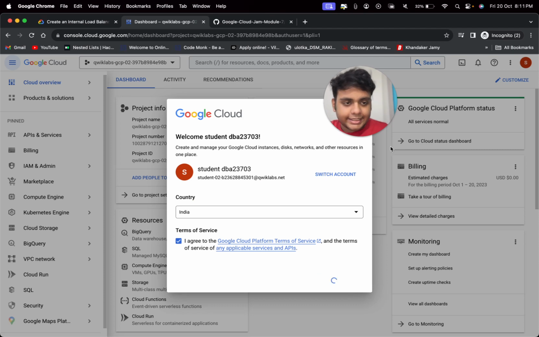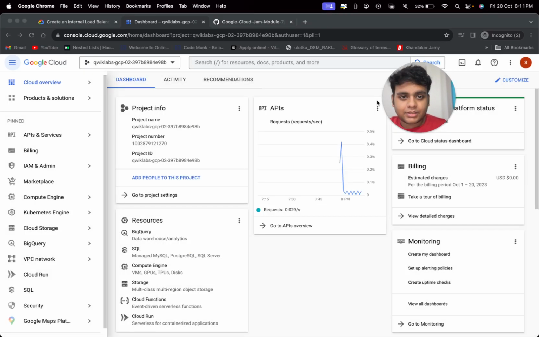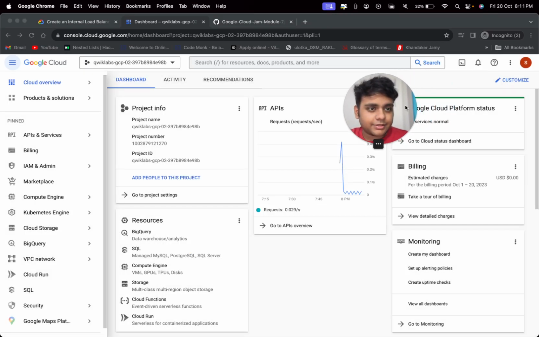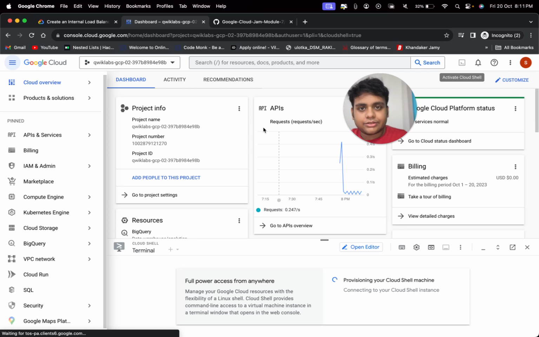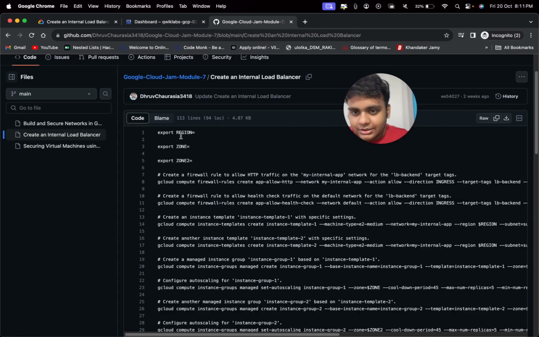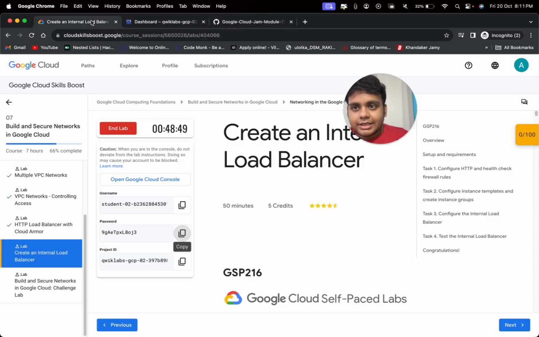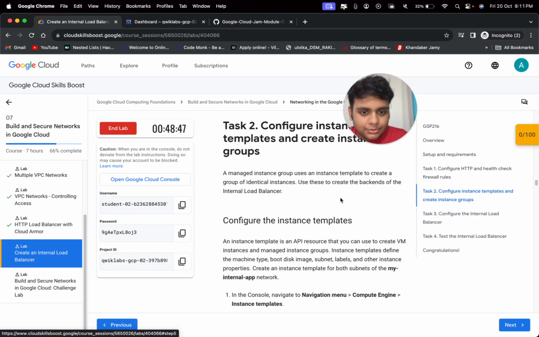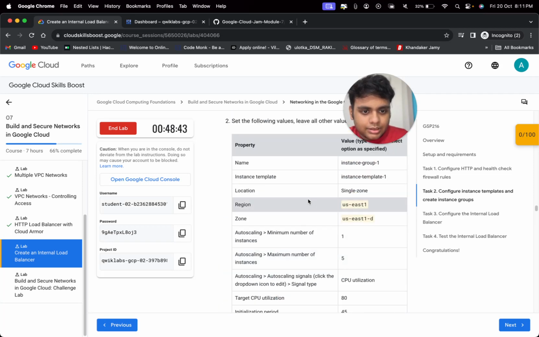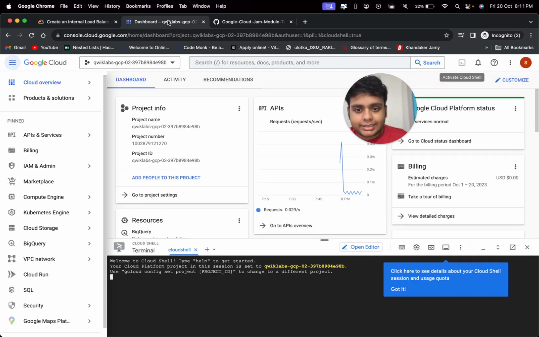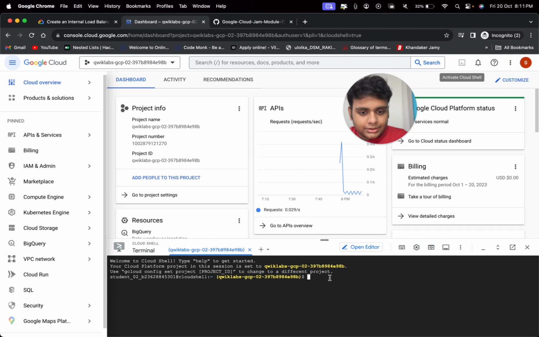I'll click I agree and continue, and then let me just bring myself here. I'll click activate Cloud Shell, and while it is activating, let's just click continue. While it is provisioning, we'll copy export region, copy this, and come back to task 2 and just wait here. Then we'll copy this export region, paste it right here,